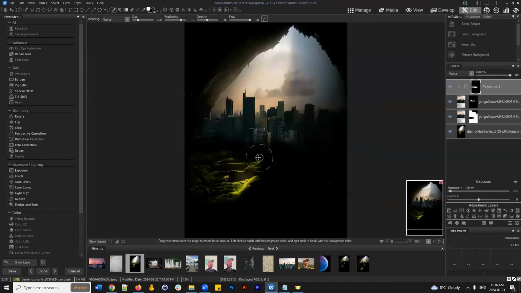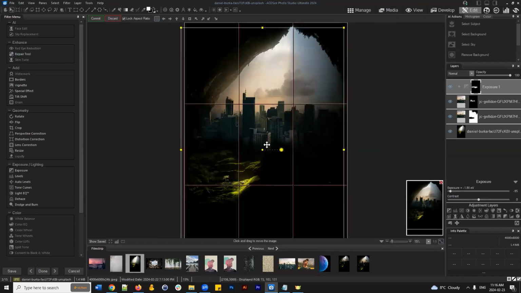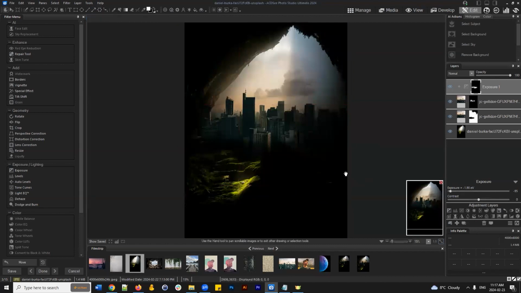I'll play around with that some more now. I might actually move this exposure adjustment down. There we go. Yeah, no, we'll keep it there. I'll think about this some more. Anyway, so what we have here is we have our city, and now we've been able to get rid of